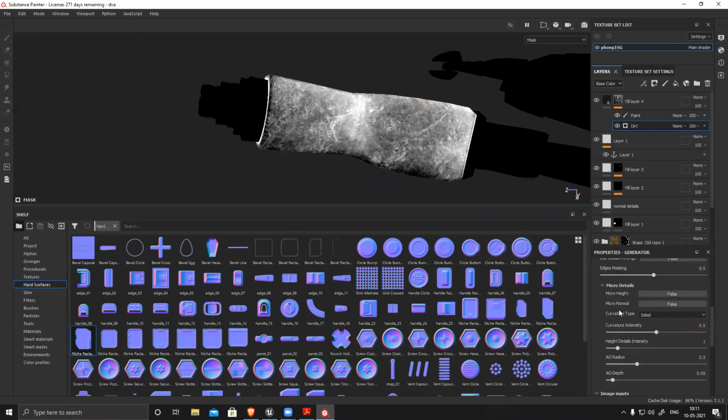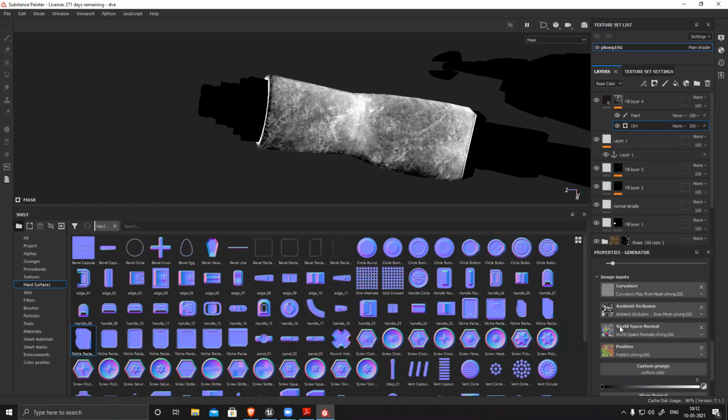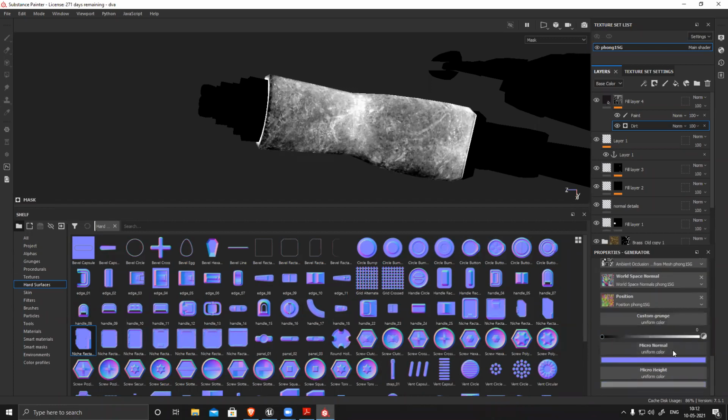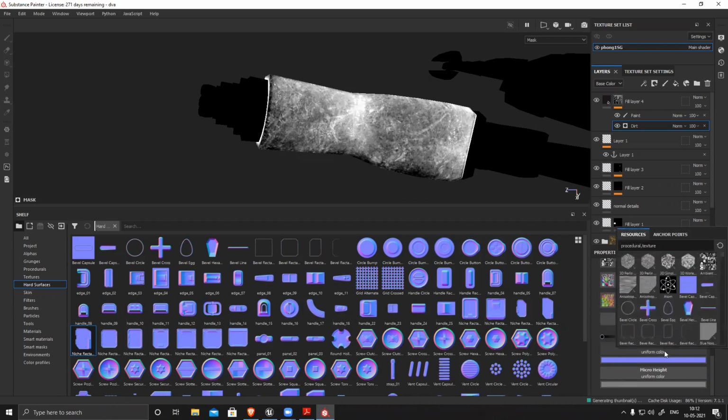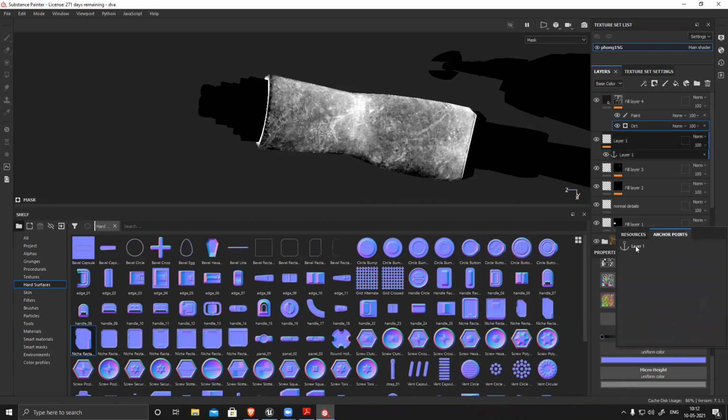So open this tab, and what I use to create that thing, I can use normal, I can use height, right? So I used normal this time. So I'll switch on normal. Nothing happened yet. Then scroll down. Now you can see there's a normal option, but there is no map, nothing assigned to it. So click on micro normal. This is micro normal. Click on this and go to anchor point and select your anchor point.